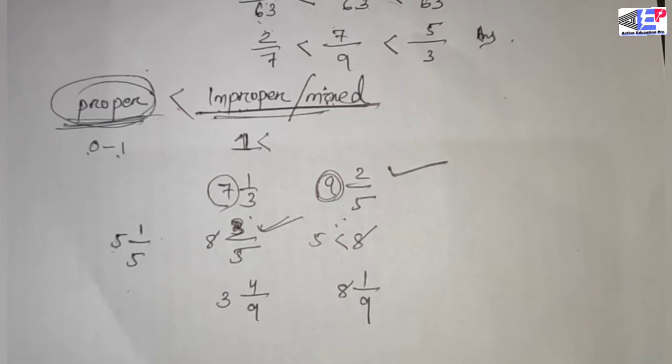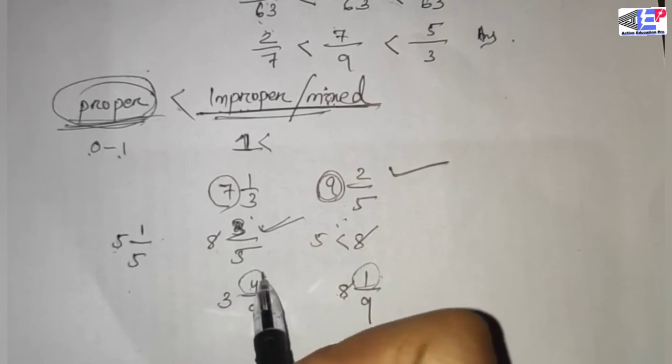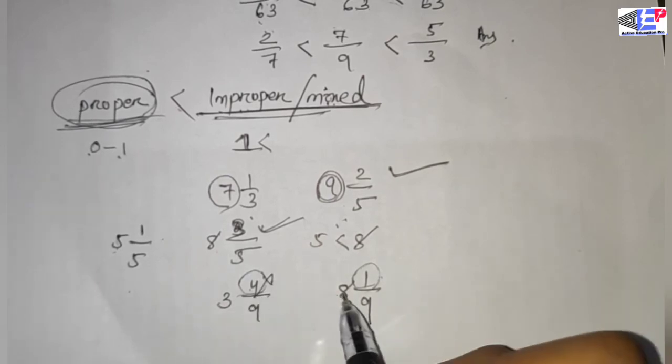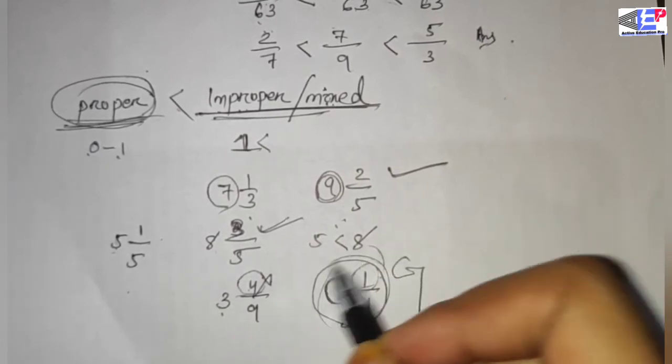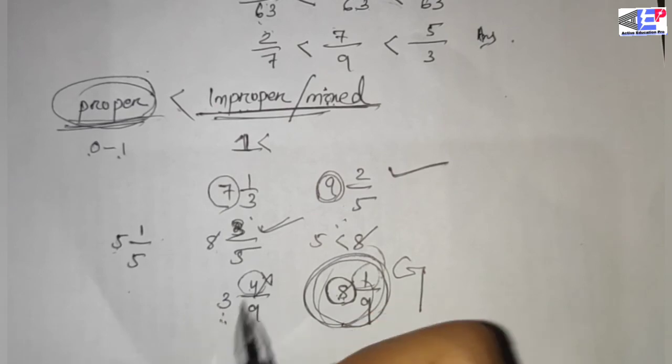According to their fractions value, according to their numerators value, you can look here, both contain the same denominator, so these are like fractions. Now you can compare according to their numerators value, but no, it is not applicable here, because these are mixed fractions. They are a mixture of a whole number part and a fractional part. So according to their whole number parts, 3 and 8, which is greater? 8 is greater. According to their numerators value, here 4 is greater than 1, but that is not correct, because 8 is the whole part which is greater than 3. So this is the greater fraction than 3 whole part 4 by 9.